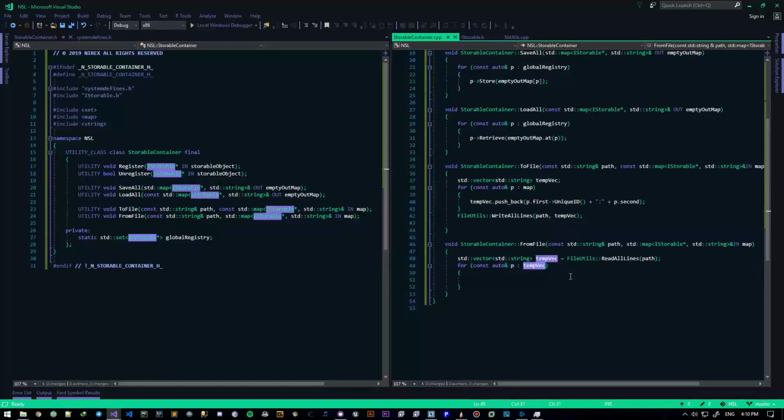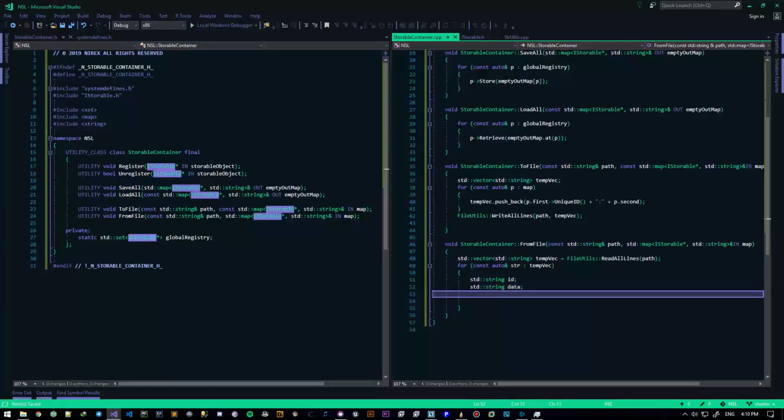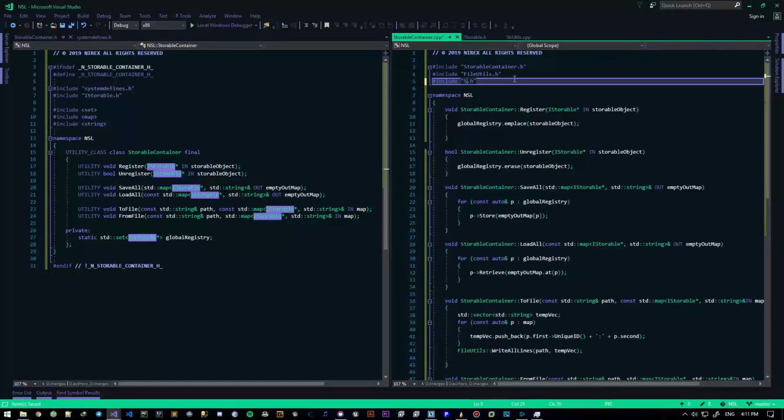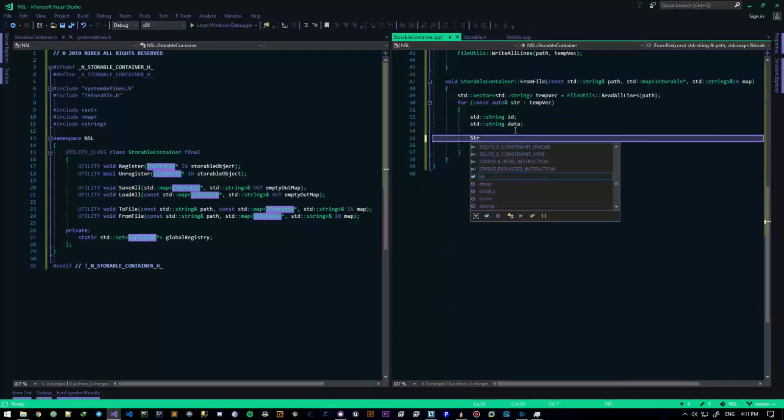Whenever we get something from temp_rec, where we're reading all the lines, this str is going to hold this structure right here. So we're going to make two strings: string ID and string data. The ID string is this part, and the data string is this part. Now what we're going to do is use string utils. I need to first bring it in. So we have str utils, and we do str utils